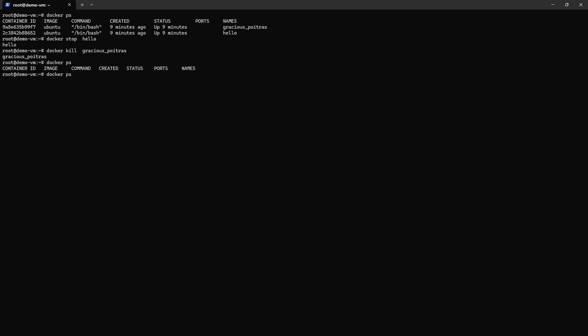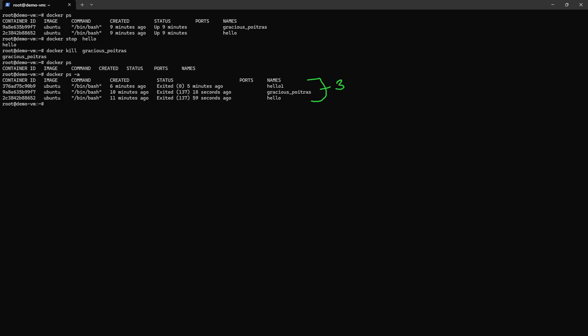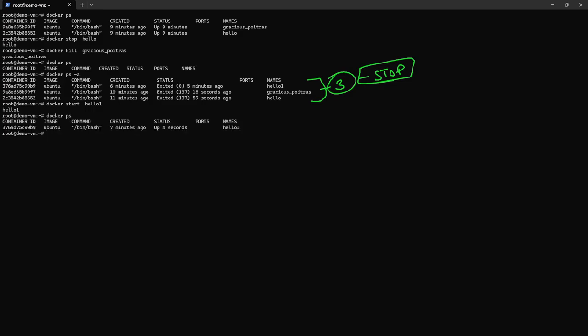So what I have to do, I have to mention docker ps -a, and as you can see here, we are able to see three containers and all the three containers are in a stop stage. So if you want to start the container, we are good to mention docker start and then my container name and enter. So my container has been started, and if I'm going to run docker ps, it will show my container is